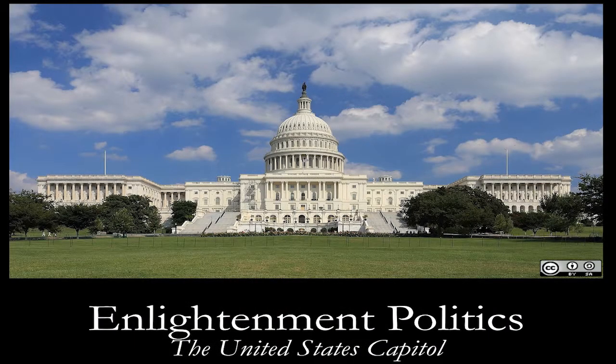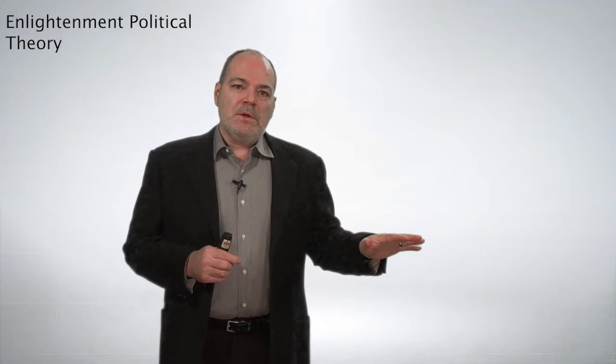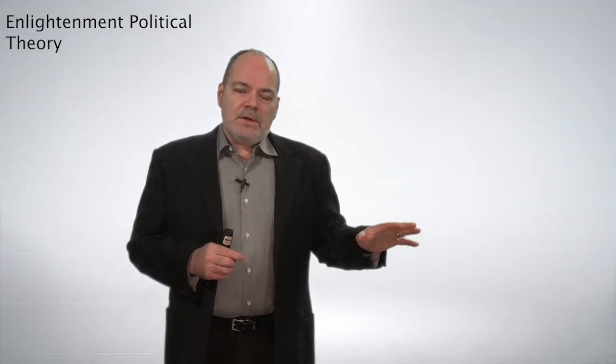I'm Ivan Spencer, your professor for Humanities 2, and today we're going to be looking at Enlightenment political theory. Now you remember in the last lecture we looked at a lot of Enlightenment thinkers, Hume and Locke. Today we're going to look at some of the political thoughts that are emerging during this time as well. It's a fascinating period in a lot of ways because a lot of the political ideas that we take for granted today, that we simply assume, are rooted in political theories at that time that were not assumed and had to be thought through and established.